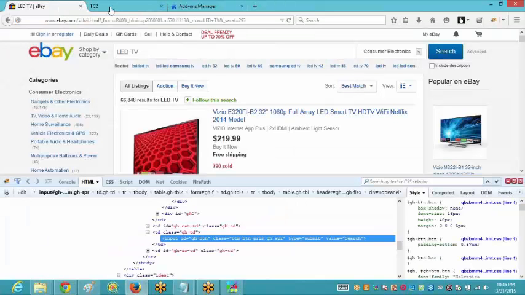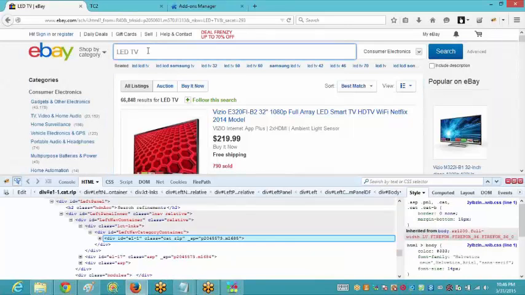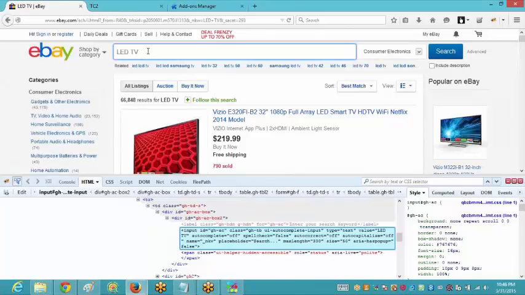Hold on. Once you have clicked on that Firebug, can you see on my screen? There is an arrow button present. This is actually to inspect any particular object of the page. First click on that, then go on to any of the text boxes or buttons. It would highlight it on the application and also in the HTML code. Okay, I got it. Thank you.